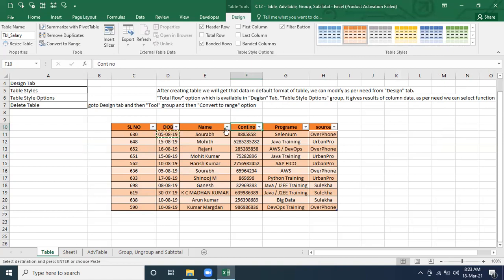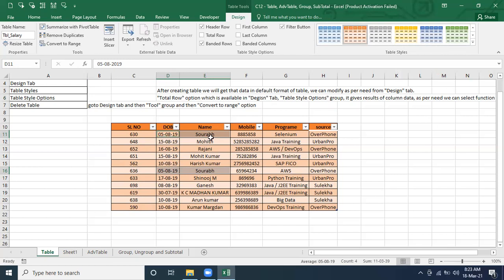It can be acceptable, but their mobile number would not be the same. Maybe this Saurabh was born in UP and this Saurabh was born in Odisha on the same date. Both Saurabh are different, but they were born on the same date, 5th August.